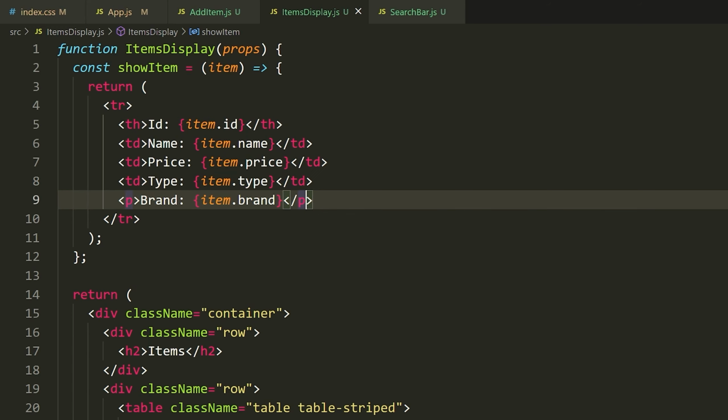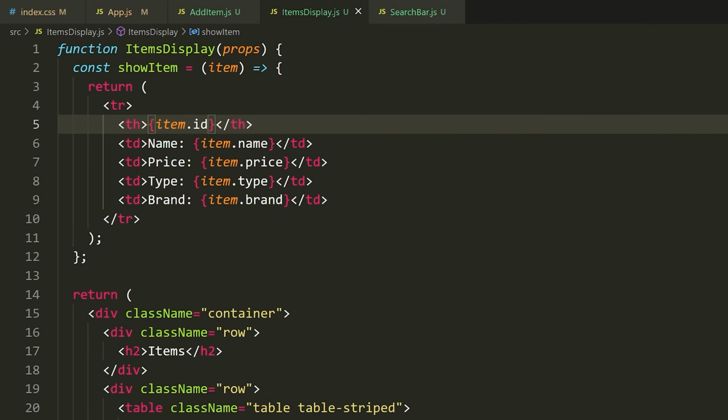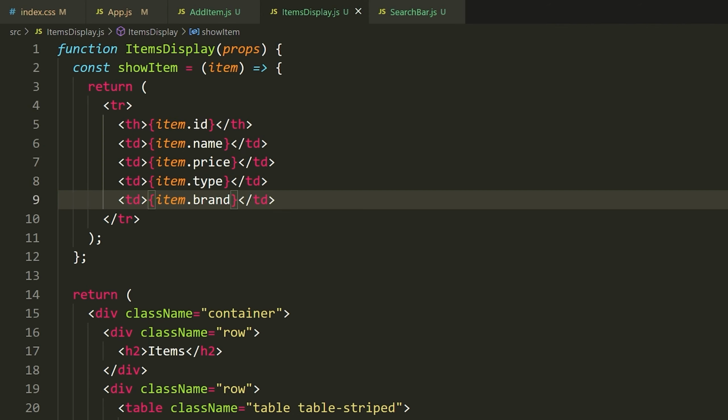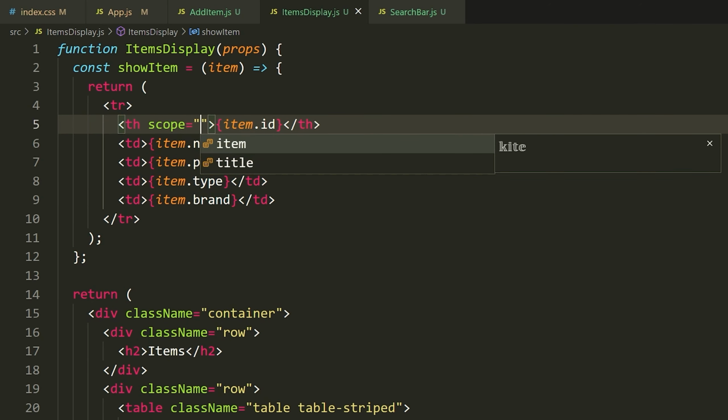I know I could use search and replace, but I'm already at this, so let's just keep going. td. And now what I'm going to do is remove the ID, the name, the price, the type, and the brand, because we no longer need this because we'll have a header above all of these entries saying what they actually are. Now I'm simply just going to change this th here to say scope is equal to row, and then we are all good.